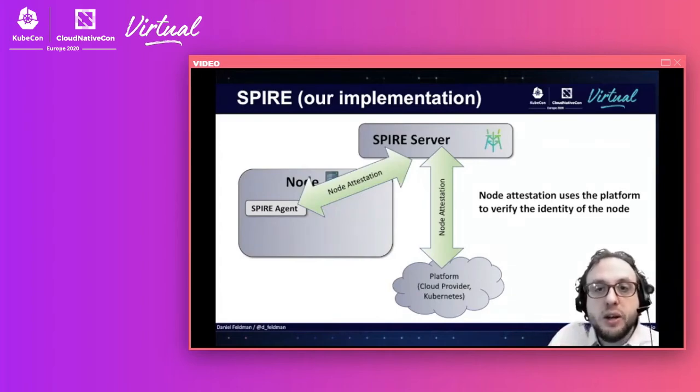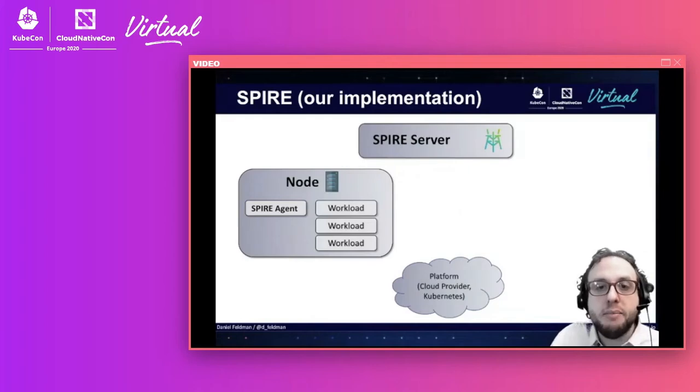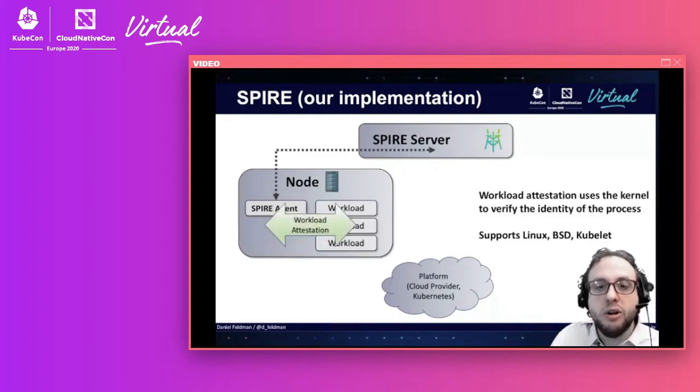Now that we have secure communication from the SPIRE agent to the SPIRE server, the SPIRE agent can provide the workload API over a local connection. As new workloads connect, the SPIRE agent performs another process called workload attestation. For each workload, the SPIRE agent checks that the workload's UID, image, checksum, or other characteristics match the expected values to give that workload an SVID.